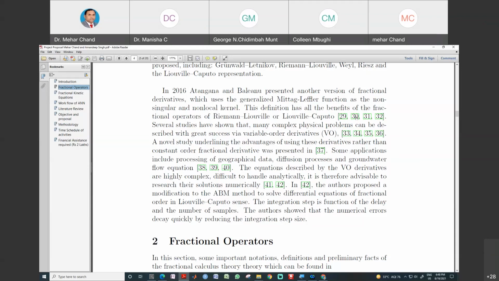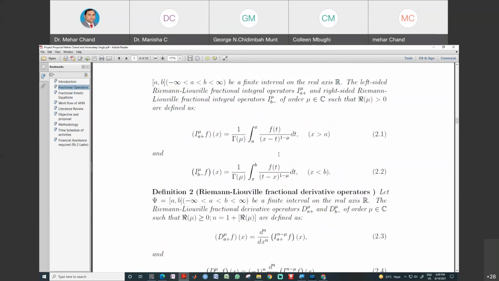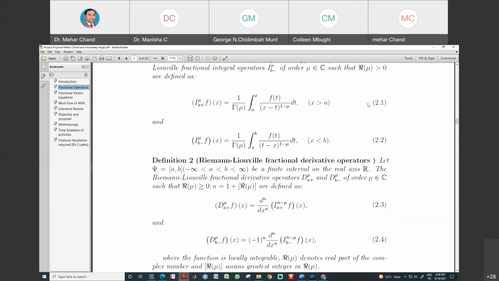As soon as you click this 2.9, you can see the references 29, 30, 31, 32, and when you click 29, you will see reference 29 on the top. Okay, so in this way you can go directly to any reference everywhere.